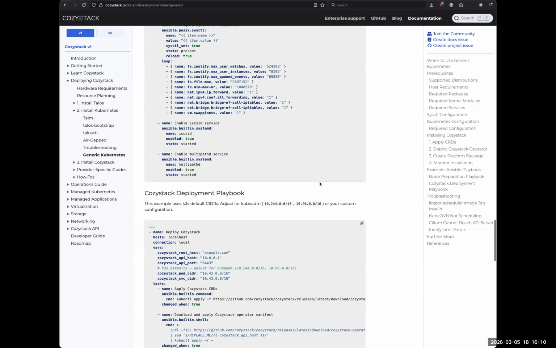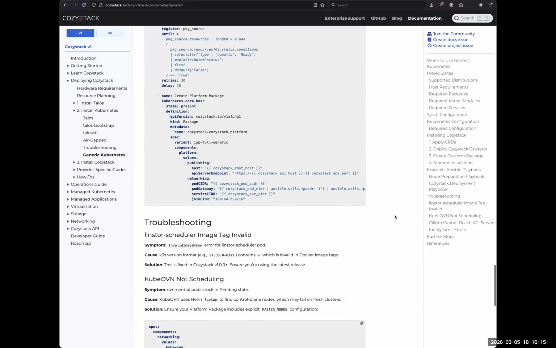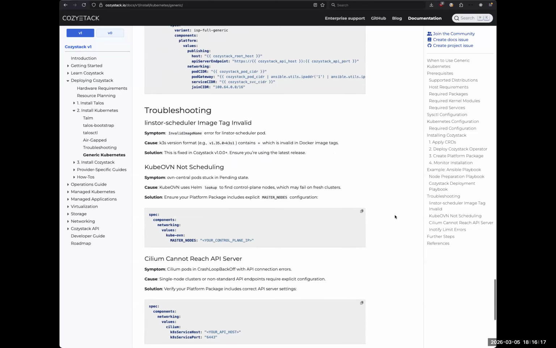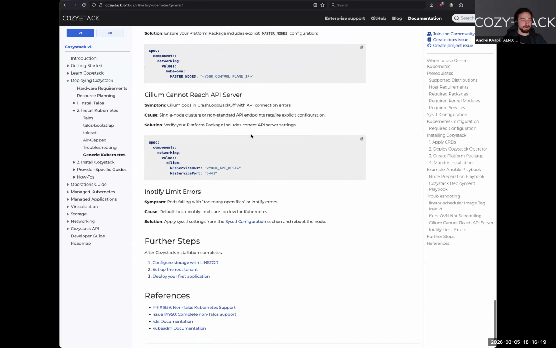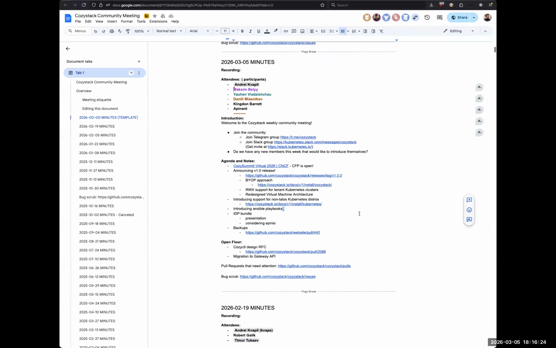So if you need secure boot, you can install your own operating system with secure boot and use it. Got it. Thank you. Also, we are working to handle secure boot for Talos, but it's still in progress.